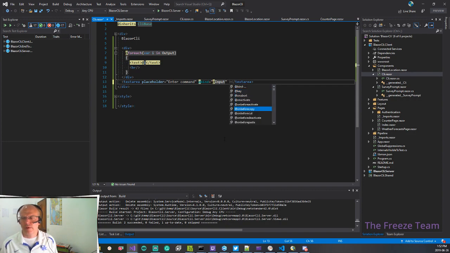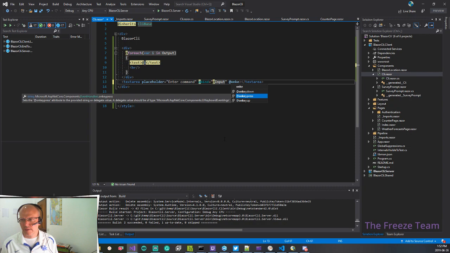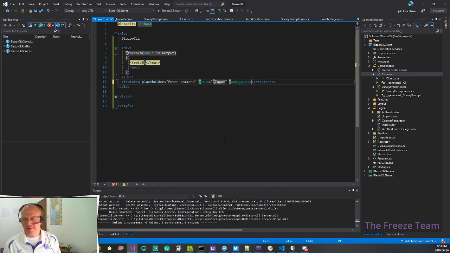Let's say on, I want to be at on, is it key press? X key press and key down, I forget the difference. I mean, there's key up. It's either key up or key down. What's the press? I forget, but on key press is what we're going to do. We're going to say that's equal to